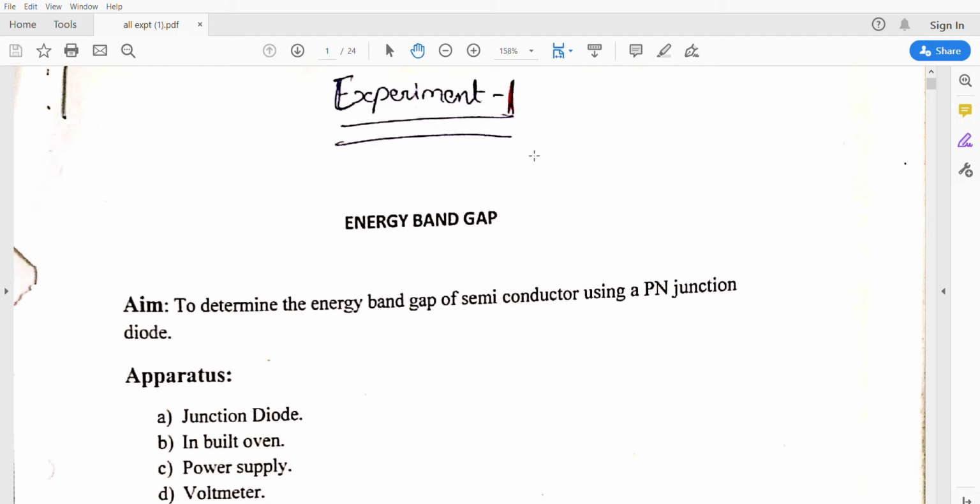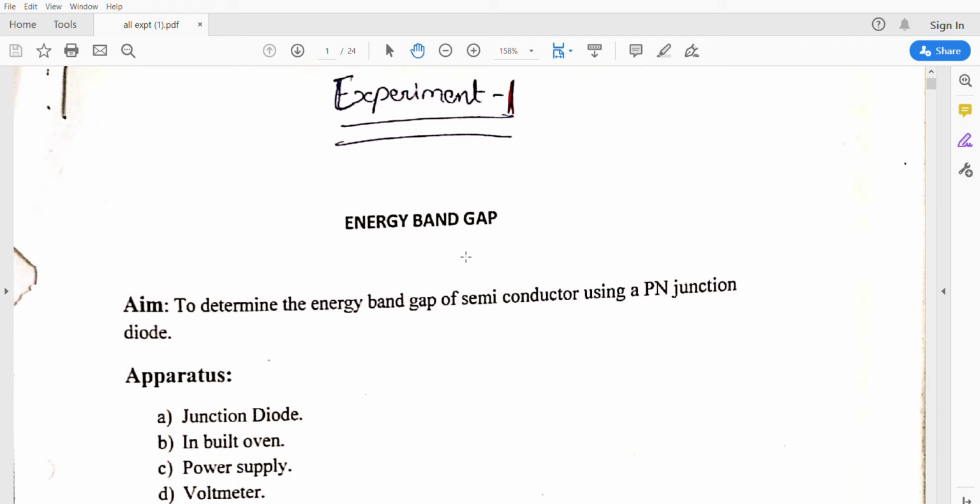As the temperature changes for a semiconductor, its conductivity changes, and its forbidden band gap or energy band gap also changes. So, to measure the energy band gap of a semiconductor, we can use this relation by changing the temperature and measuring the voltage and current. As I already told, depending on the temperature of the semiconductor, the conductivity and resistivity properties also change. So by changing the temperature, we can measure the current and the voltage. From that relation, we can apply a basic formula and calculate the energy band gap.